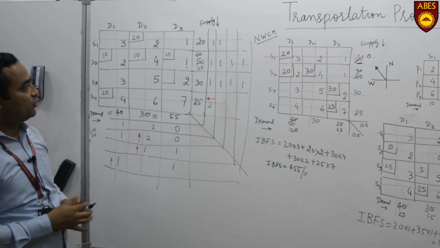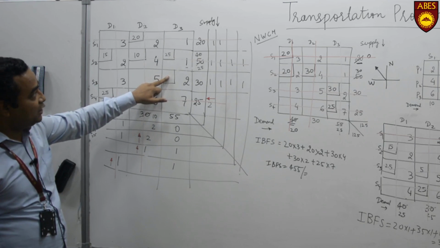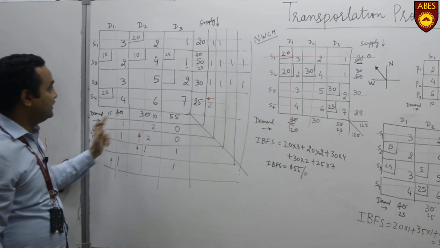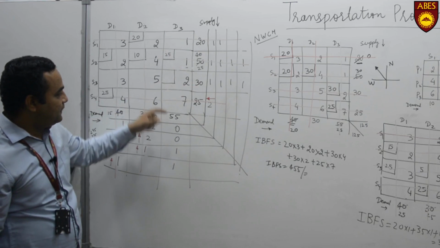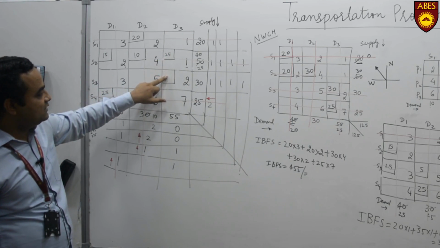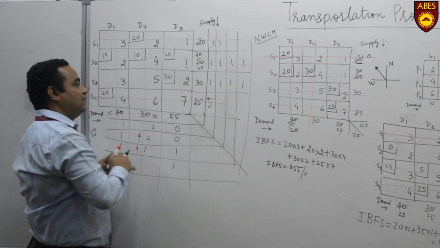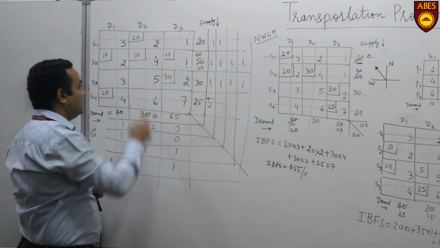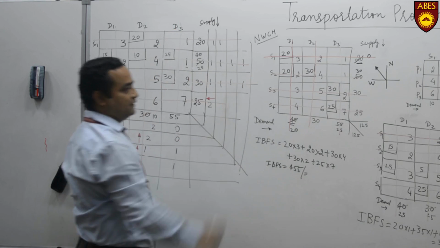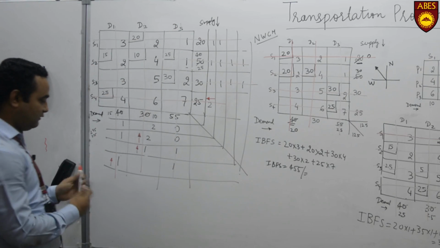30. Again we have to concentrate more. This is a value where we have to put equal supply as well as demand. The supply is 30, out of 55, 25 we have already put, so the minimum is 30. So put this 30, and both the column and row will be cut simultaneously. If that happens, then our solution is optimal, and the optimal value is